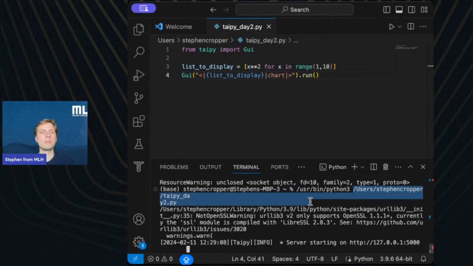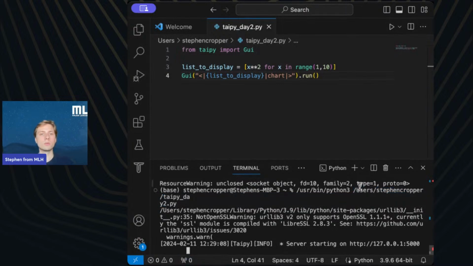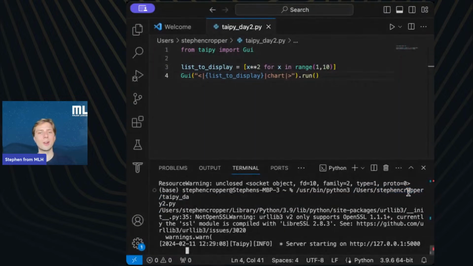So right now I have this taipy day2.py file stored directly on my Stephen Cropper folder. So my user folder. And you might have yours in your downloads or your documents. You're gonna have to look up here in the top of your Visual Studio Code to really see where that directory is.